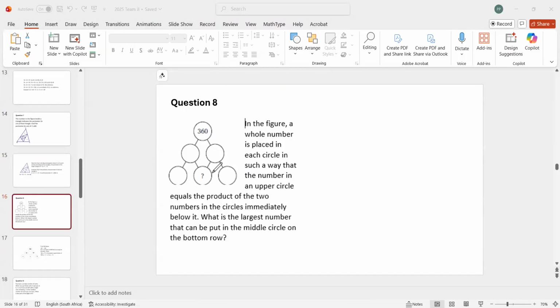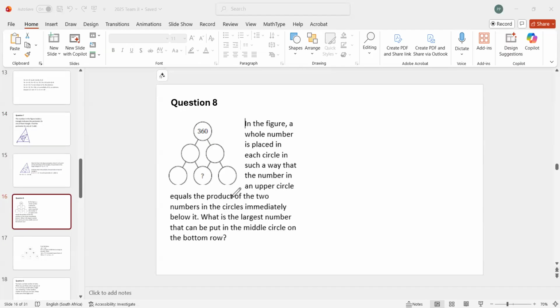Could be 0. Whole numbers are 0, 1, 2, 3, and so on. Natural numbers start from 1, 1, 2, 3, and so on. Integers, everything in sight: -1, -2, -3, 0, 1, 2, 3. All the whole numbers and their negatives. Okay, so you got those numbers here placed in such a way that the number in the upper circle